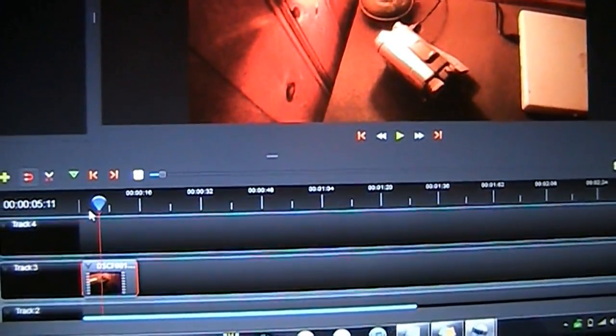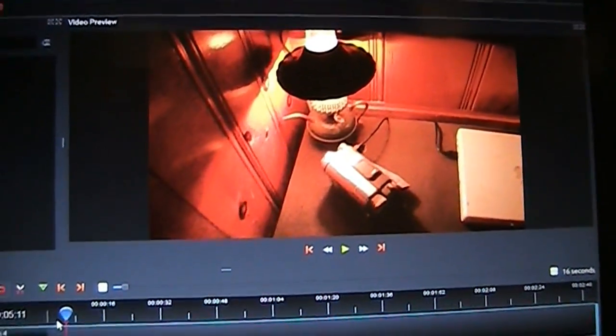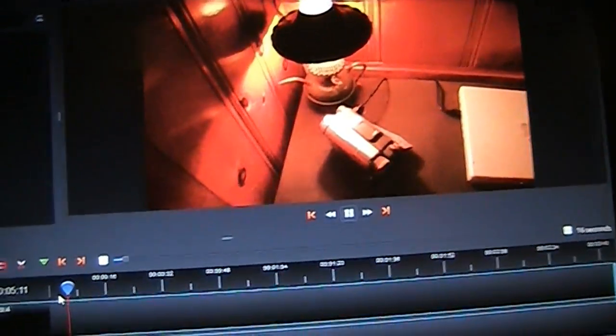And it just locked up again. You might have heard the audio play for a split second. Now it's stuck. Alright, this is going to be my last attempt at editing video. This is an MPEG-1 video